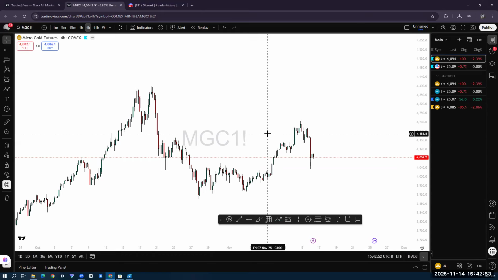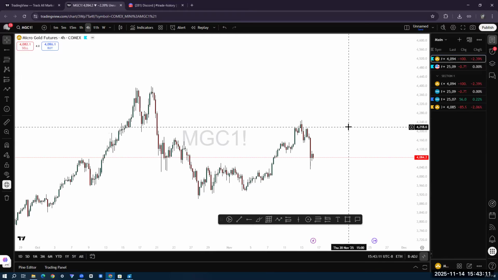A question I had was, you remember how initially when you were about to show me the fibs, you were going to start it from the swing high on the 4 hour to the swing low, and I'm like, why didn't you take it from the other one? And then you're like, okay, let's take it from this one. Which one would you take it from? Could I take it from both? Do you know what I mean?